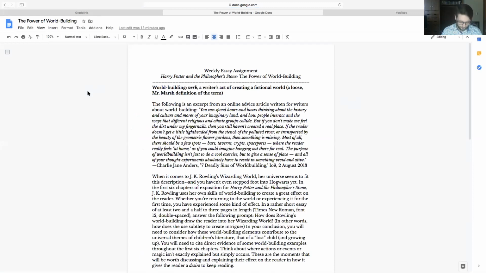Now, that's a rather loose definition on my part of the term, but that's the best thing I can come up with without getting too utterly specific on it. So I've given you an excerpt here about what world building is. You guys can read through that, get some ideas, but the key thing that I want you to take from this when you do read it